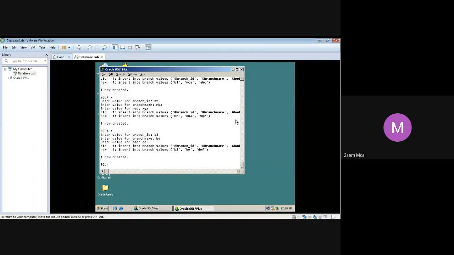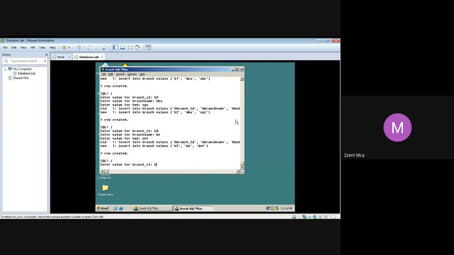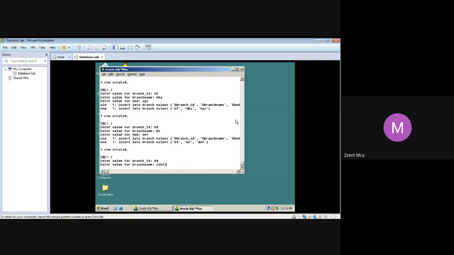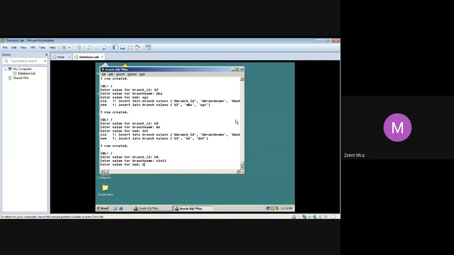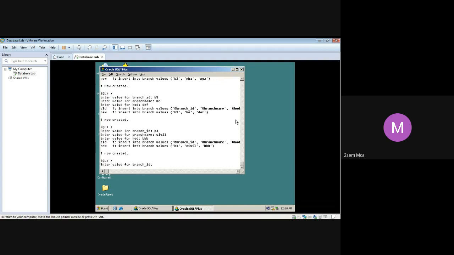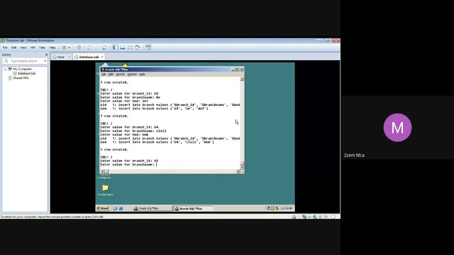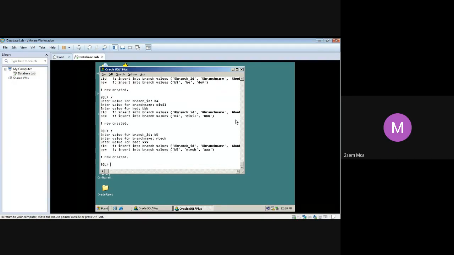Branch ID B4, civil. B5. Five records in any table is enough, or depending on your query, sometimes 7-8 records. More than that is not required. Don't go on entering, that's a waste of time.